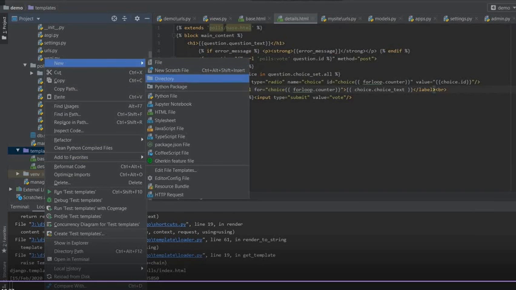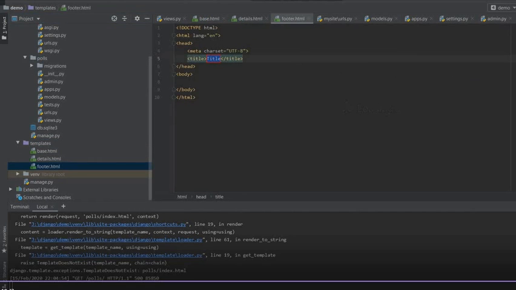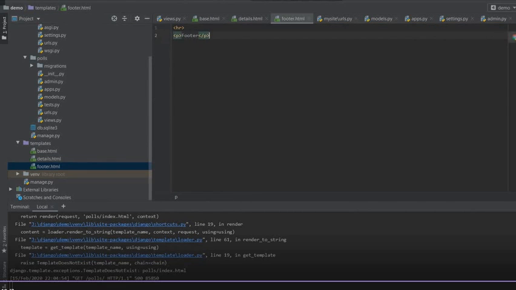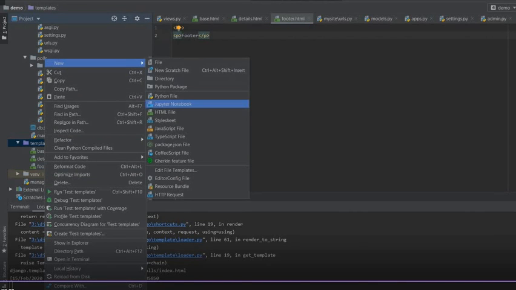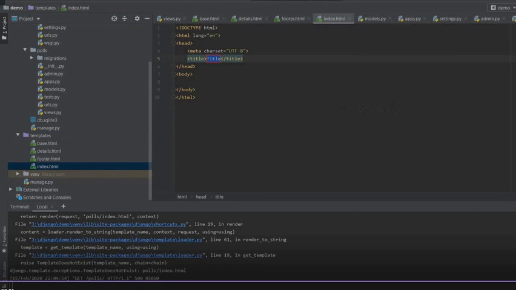Now create another HTML file in the templates, footer.html. There is too much code in this, creating a paragraph called footer. Now another HTML file called index.html in the templates itself,